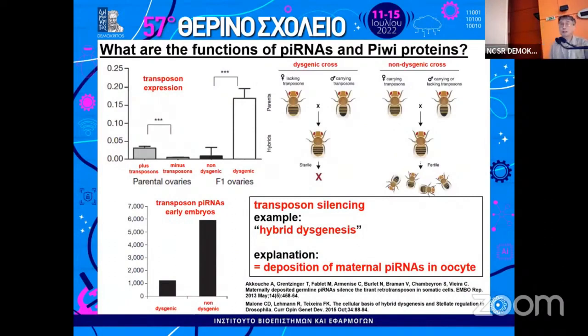What are the functions of piRNAs? One of the functions, of course, is transposon silencing. I want to illustrate this with the phenomenon of hybrid dysgenesis. It is observed that in particular strains of flies, when they mate with other strains of flies,